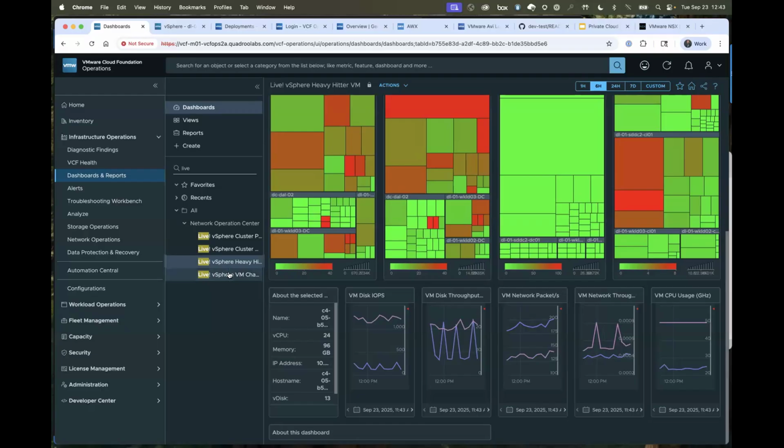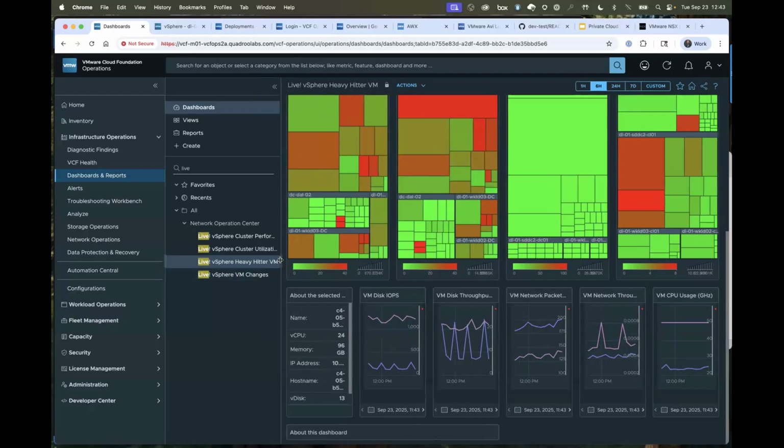Now, Christopher, these dashboards are updated every 20 seconds. Normally we take those 20-second pieces of information and consolidate them into a 5-minute average, so to speak. But these are actually rolled up, roll up is the technical term.